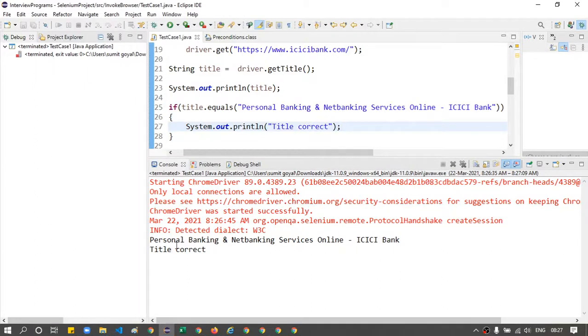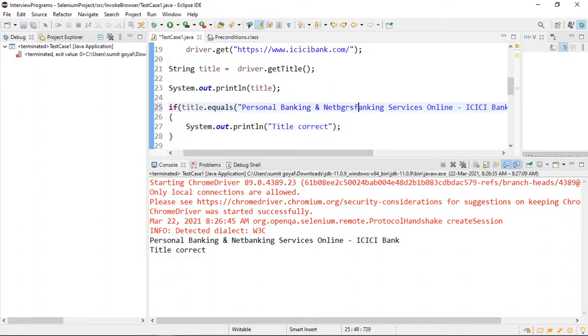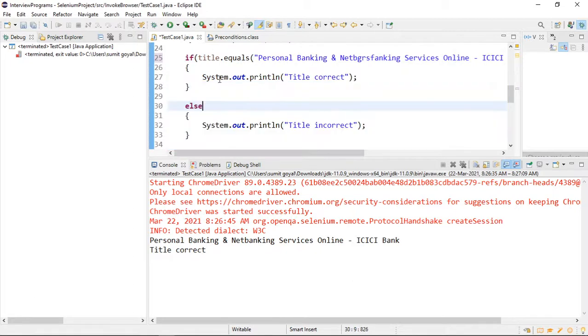So you can see the title is correct, which means we are very sure that our title is correct. But if any spelling changes, it will print title incorrect. This is the reason I am printing the title.